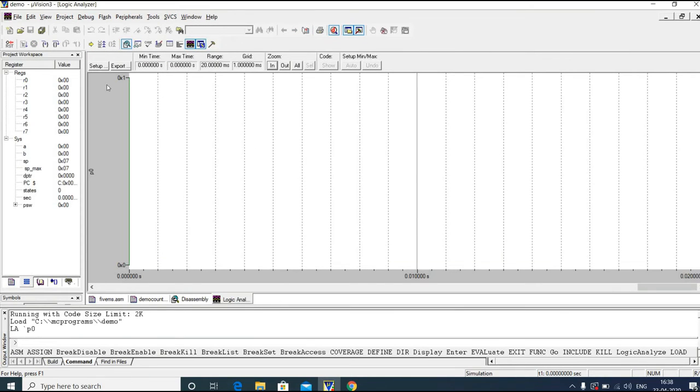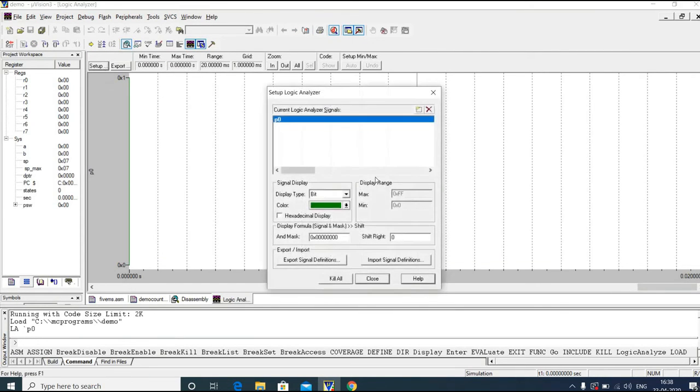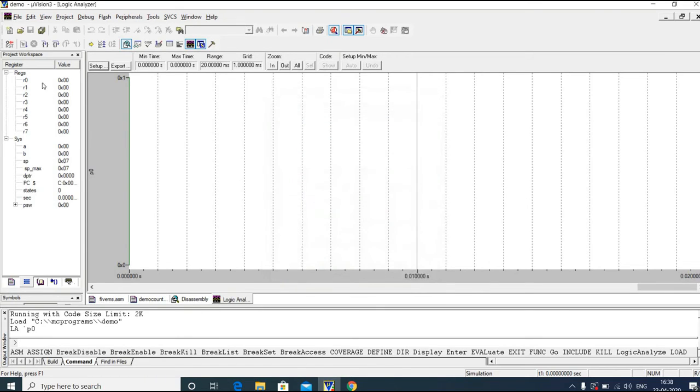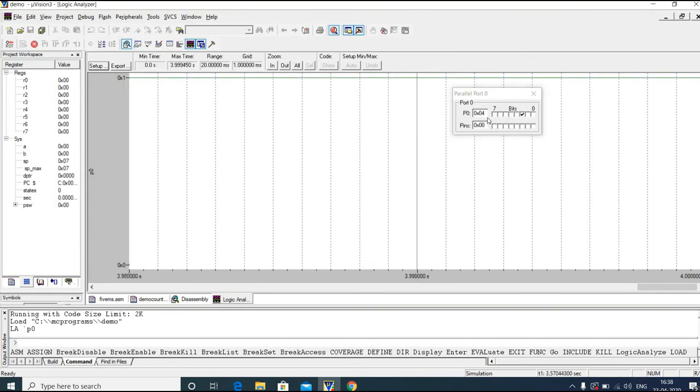This time we'll see the logic analyzer window also, P0, and the peripheral window. So now we'll run the program. See, easily we can count now, it is taking a 1 second delay.